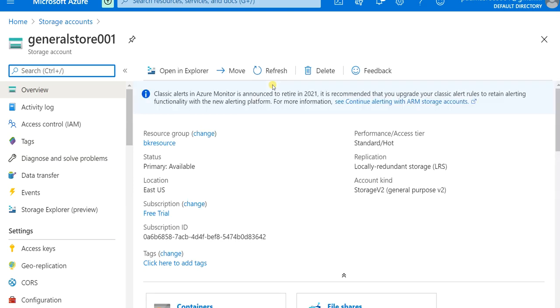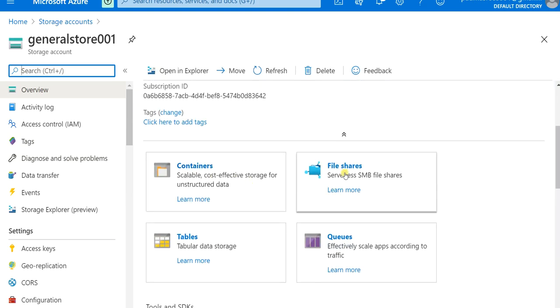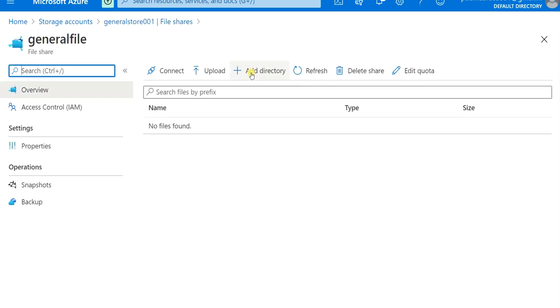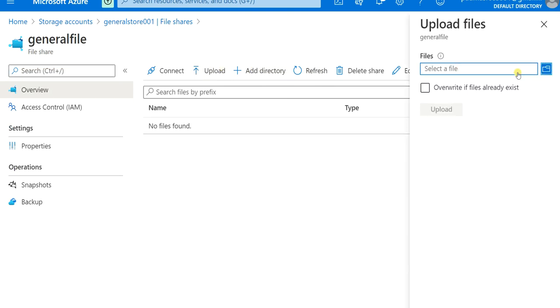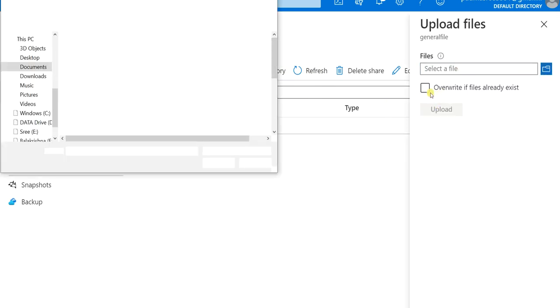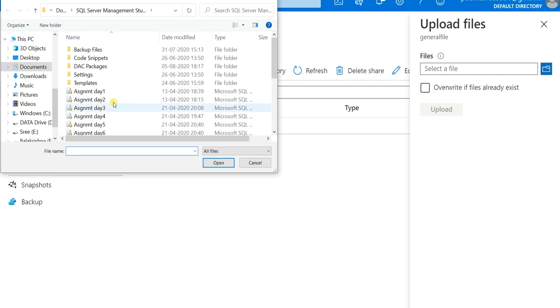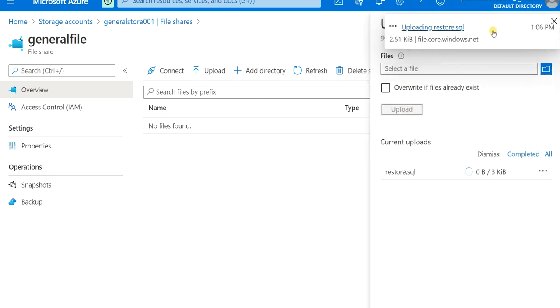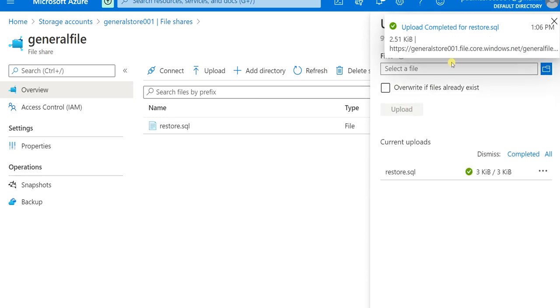And you can upload any files you want up to the specified quota. So in standard I have given 10 GB. So let me upload one text document here. Upload. Select a file from your computer. You can tick this if a file already exists with the same name, and upload. It has been uploaded.